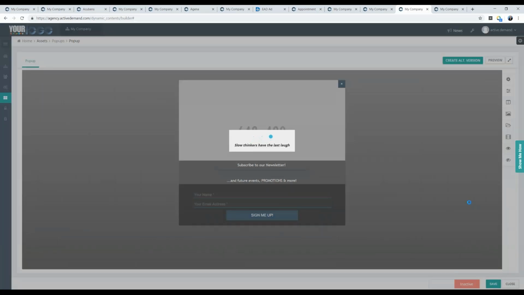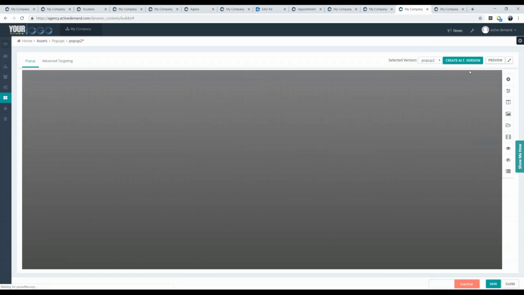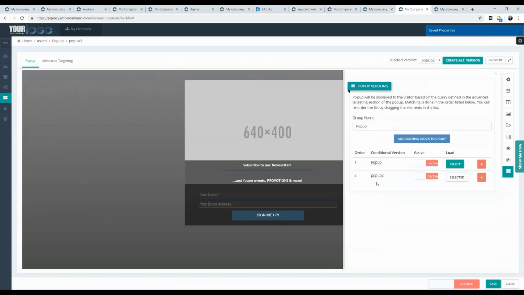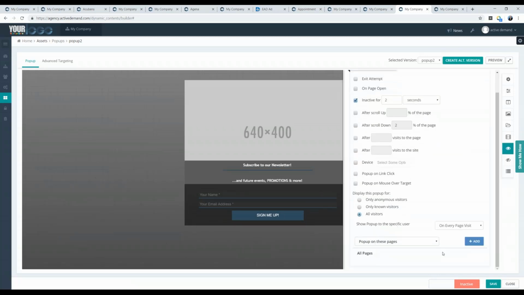So of course you can do customization as to where this is going to pop up versus where that's going to pop up, but you still, mistakes happen. I would say use this dynamic content system where you have a stack of pop-ups that are going to be applied in the same area of the screen, and then customize in the editor for that pop-up which pages you want it to render on. So we do have all the capabilities as far as determining where something's going to pop up. So for example, pop up on these pages, and I would say here something that most people don't know about